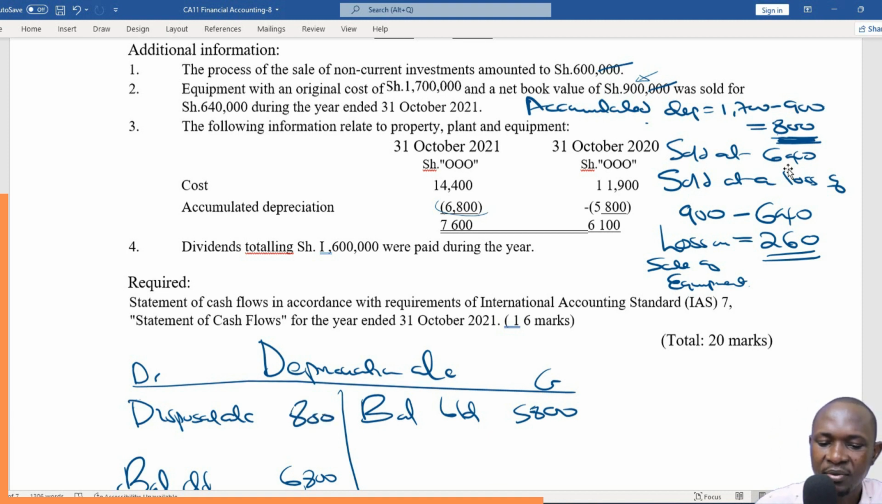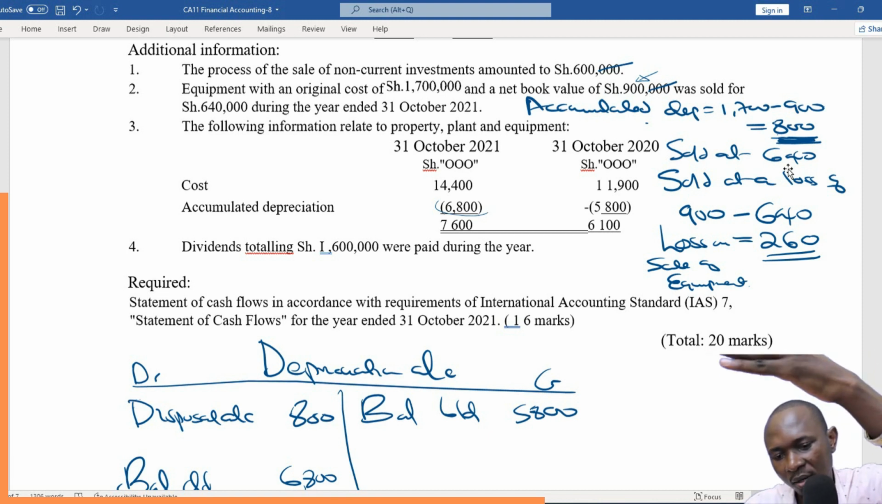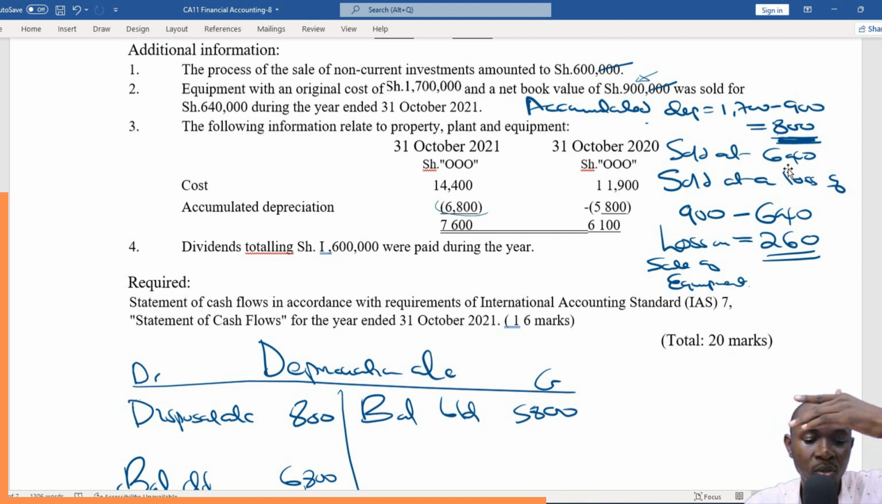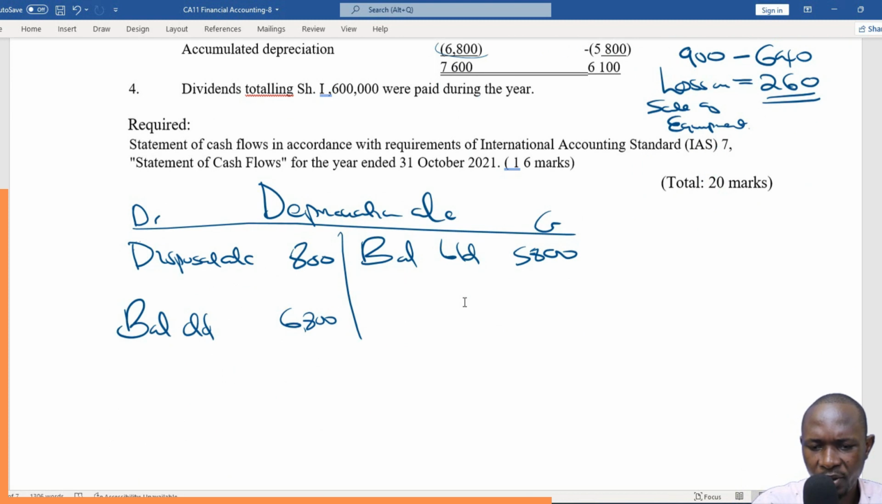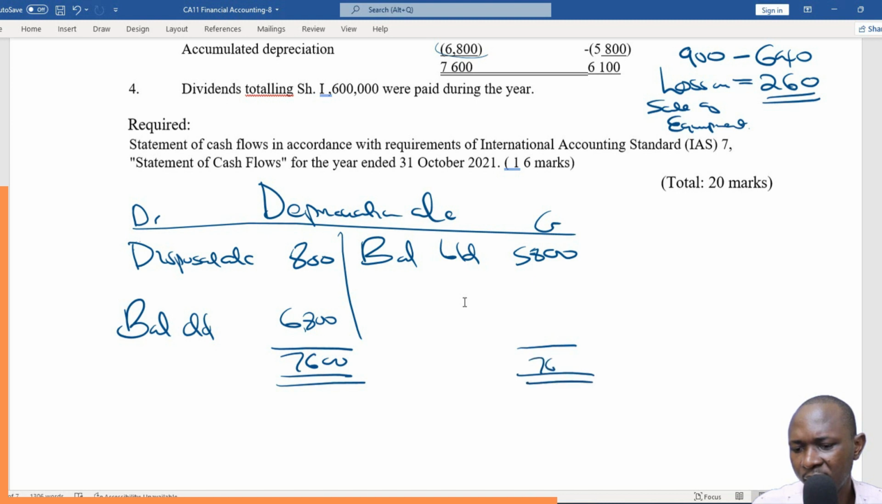That's how we find ourselves here. So we'll credit the disposal account with 800 being depreciation, and then we come here and debit now the depreciation account as a result of the disposal. So we have 800 like that. That is it. So we'll come here, get the total. This total will be 7,600. And then the difference is it 2,400? No. The difference is 1,800, I suppose. Yeah, 76. So this